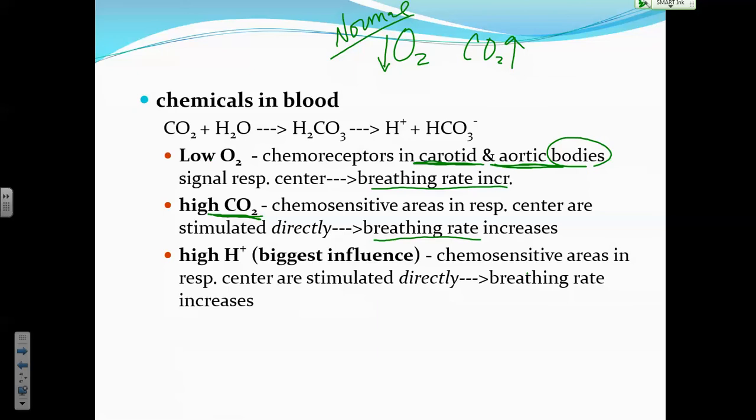But I want you to notice where the chemoreceptors for oxygen and CO2 are located. Where are the chemoreceptors for oxygen located? In blood vessels that are not in your central nervous system, right? So that means there's a lag time to get the impulse to go to your central nervous system, right? Where are the chemoreceptors for CO2? Right there in the respiratory center. So if they get activated, do you see how the respiratory center's response is quicker? Because there's no lag time. It's already there.